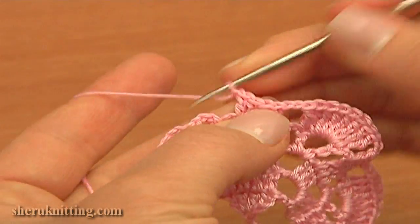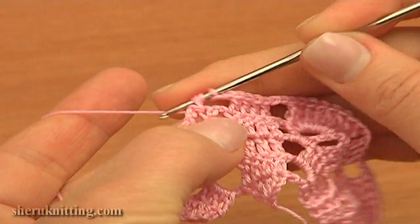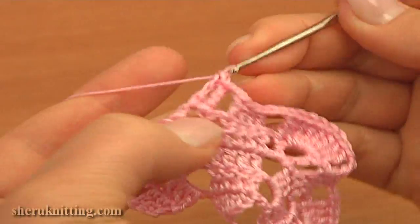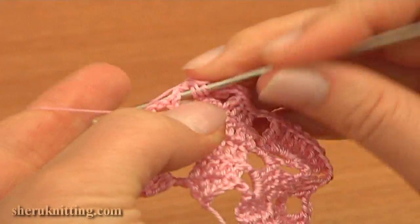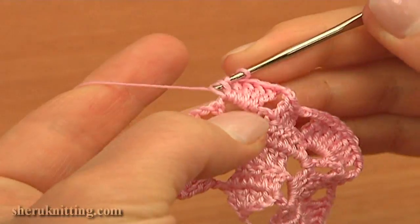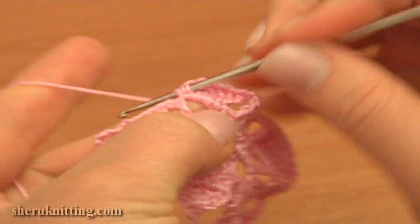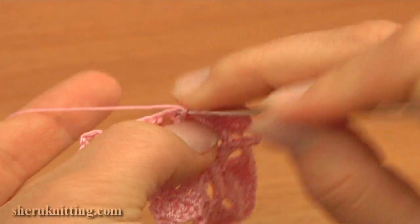So continue chain 2, treble crochet through the next double, then treble crochet 6 into the next chain space, 1, 2, 3, 4, 5, and the last treble, 6. Treble crochet through the next double,